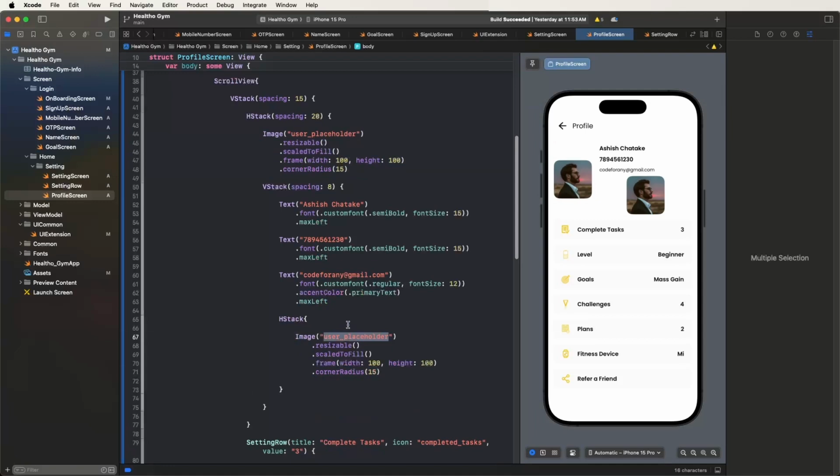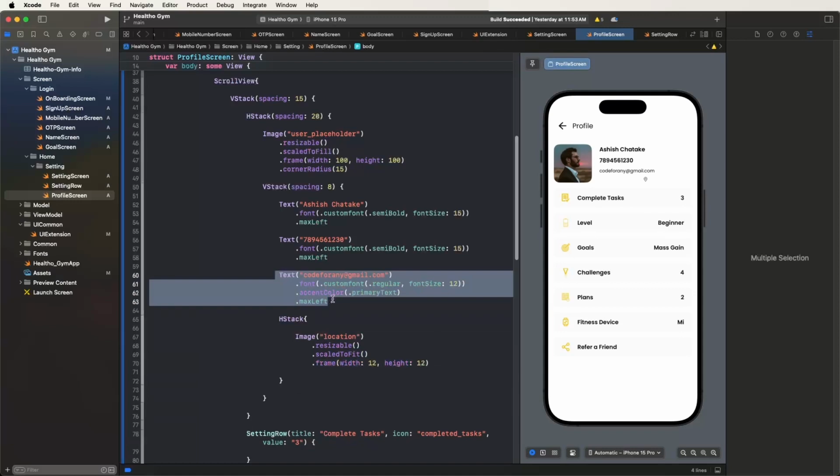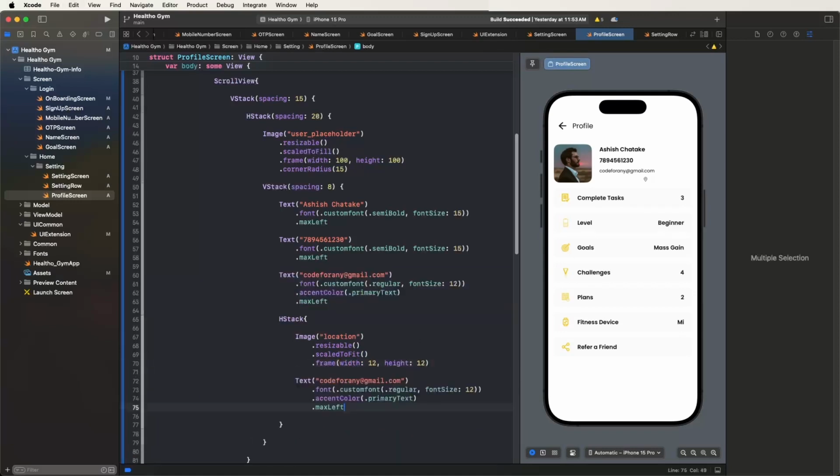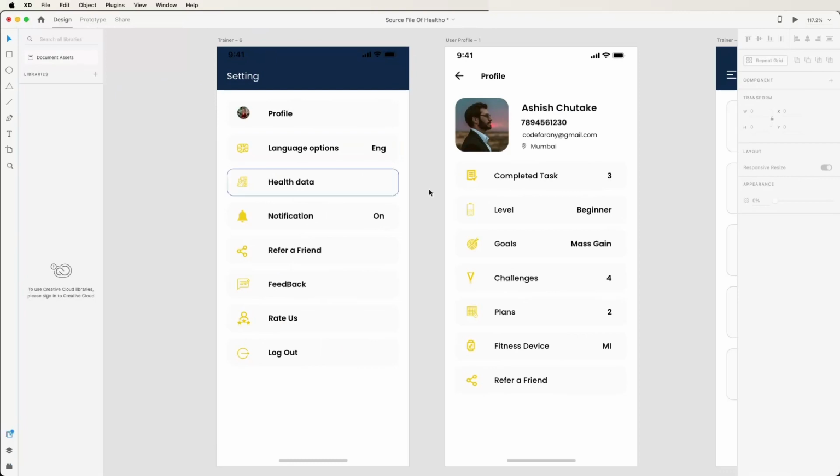Now set the location, and set the font size, and set scale to fit, and also remove the corner radius, like this, and also copy, and set the location name, and give it Mumbai. Like this, similar to the UI shown in the XD files,